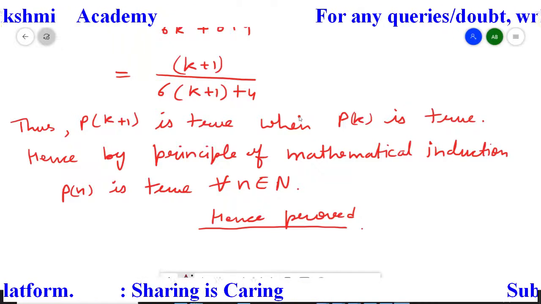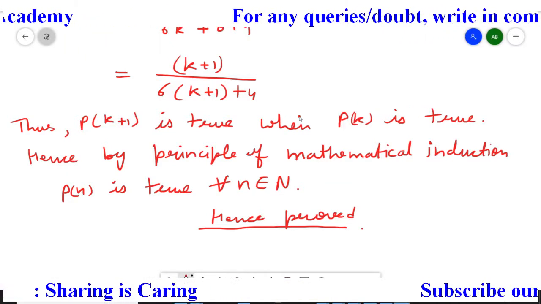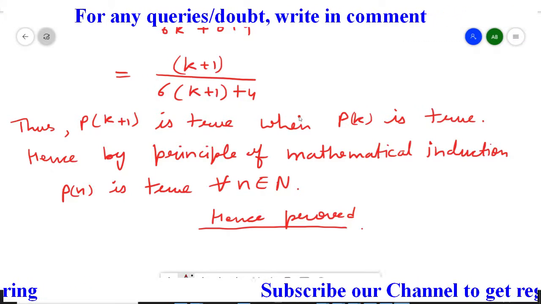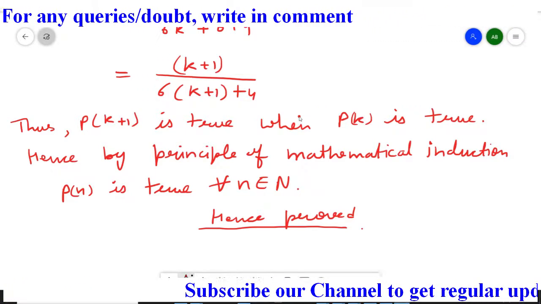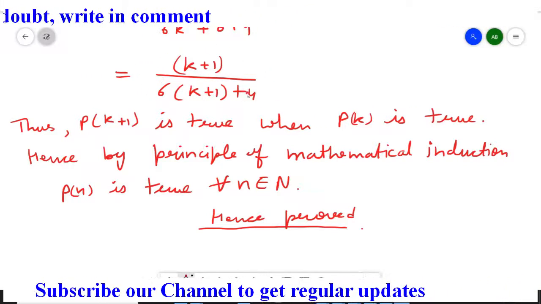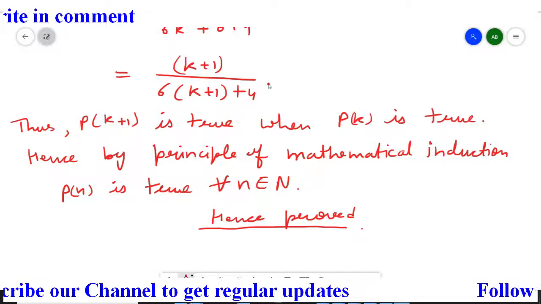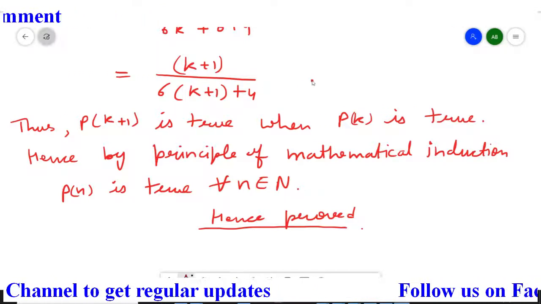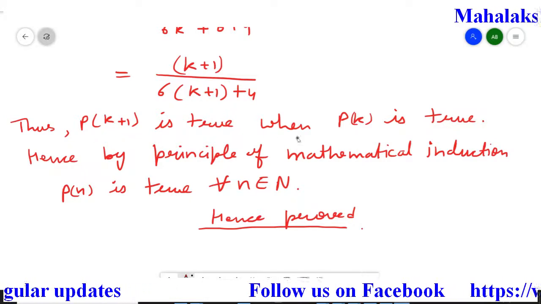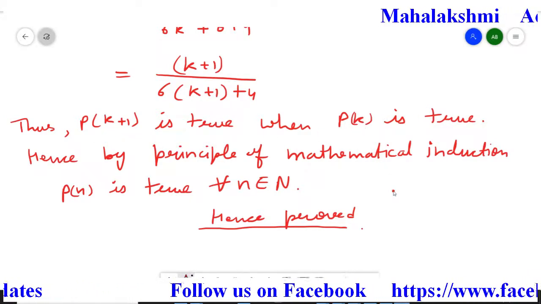So it's not so tough, simply you just solve the right hand side by taking LCM and common other things, and then after reaching the last step you have to convert it into the same format of the right hand side of the given equation. And if you are able to successfully convert it, then we can say that the statement of Pk plus 1 is true for Pk. So I hope this question is clear to you.